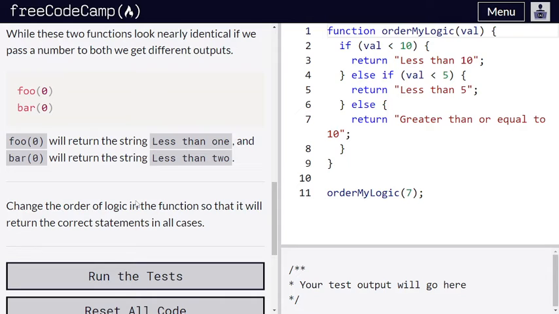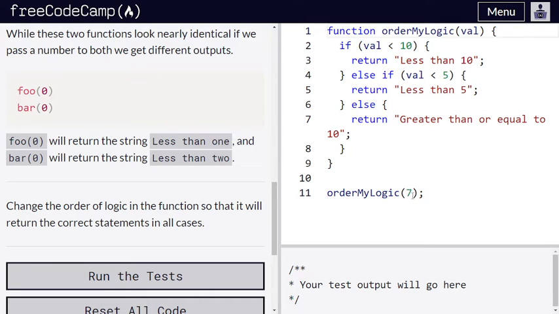So here we have the function orderMyLogic. val is the parameter here. Then we have if val is less than 10, return "less than 10". Else if val is less than 5, return "less than 5". Else return "greater than or equal to 10".